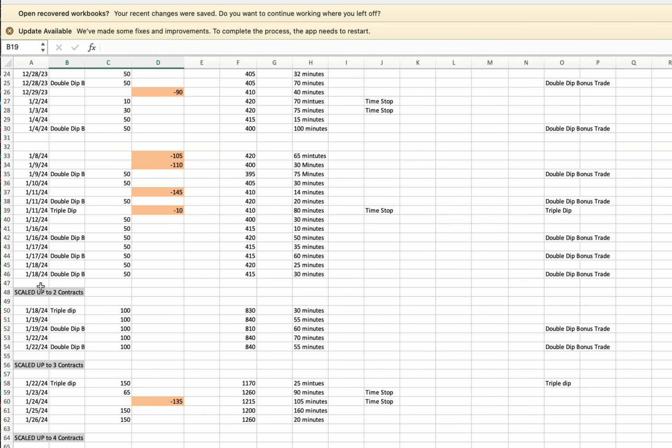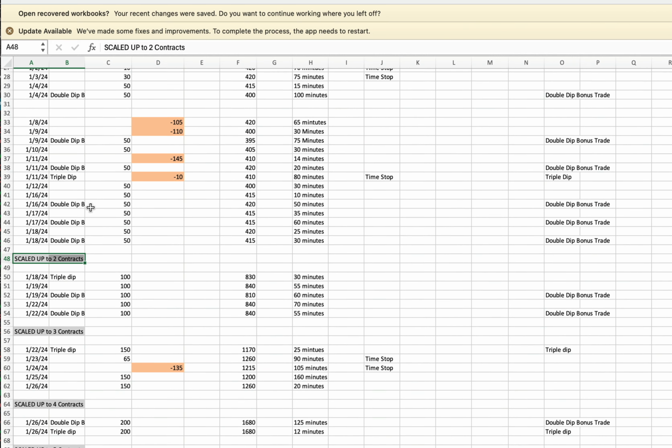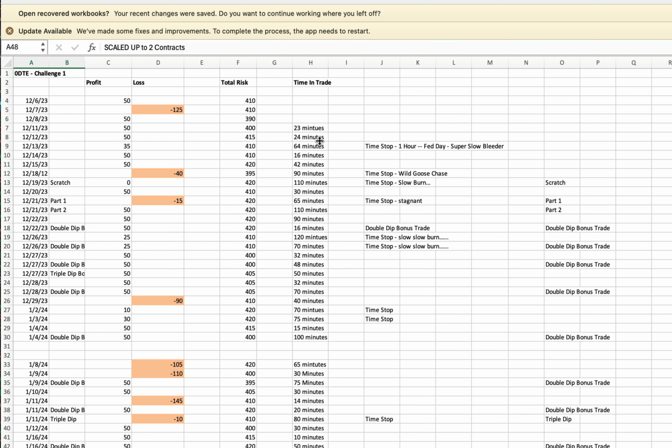And I started to scale here. I scaled up to 2 contracts. And again, the other part of this was to use the smallest amount of my own money as possible. So I had to start with my own money, obviously. So I started with $400 just to risk in one trade, which is about $410. And my goal was, as soon as I was able to pay that back to myself, the $410, I could pull my own money off the table and only have the Zero DTE winnings at risk. So like playing with house money, you're not playing with any of your own money anymore, that whole concept. Then I would scale it from there.